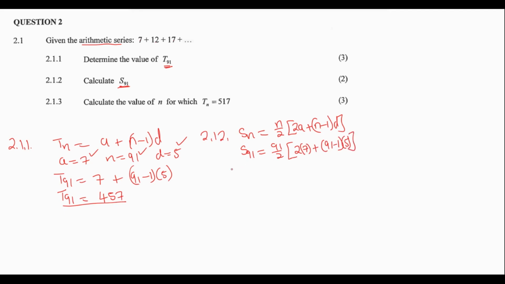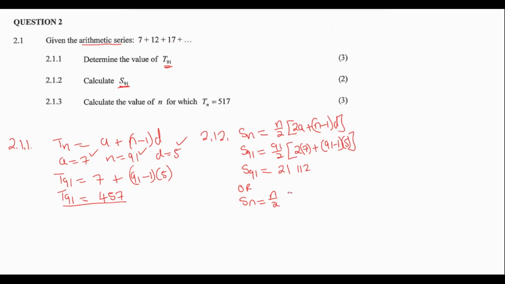Then you can put this in the calculator. Then S91 is equal to 21,112. And then the other thing you can do here is to use this formula Sn is equal to n